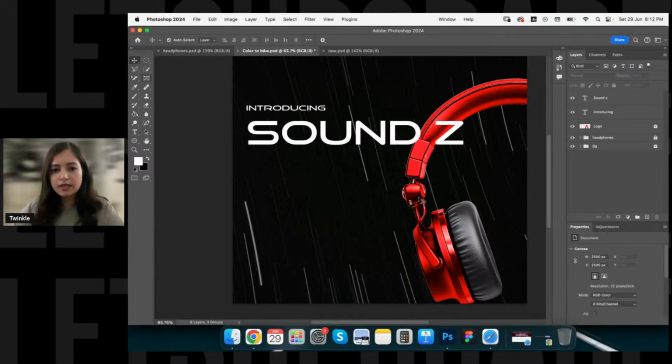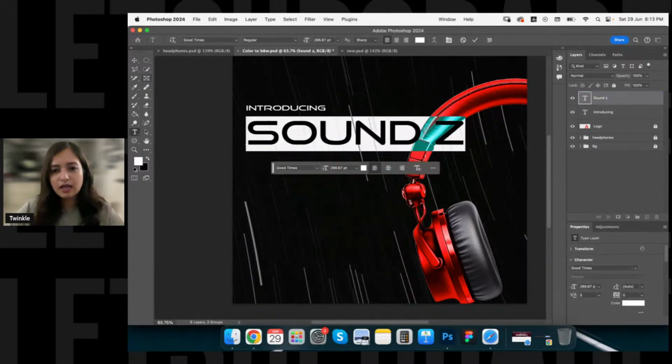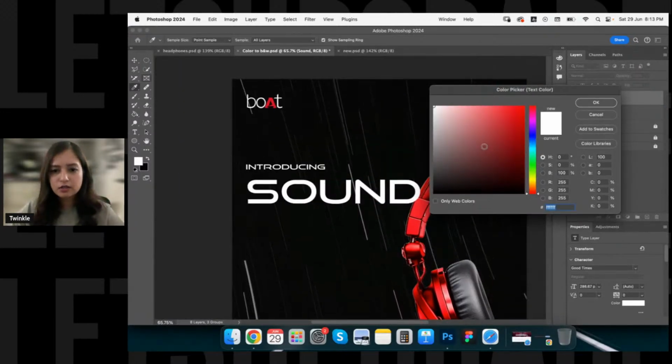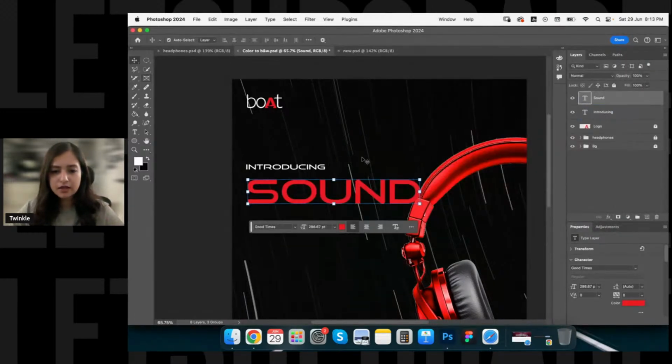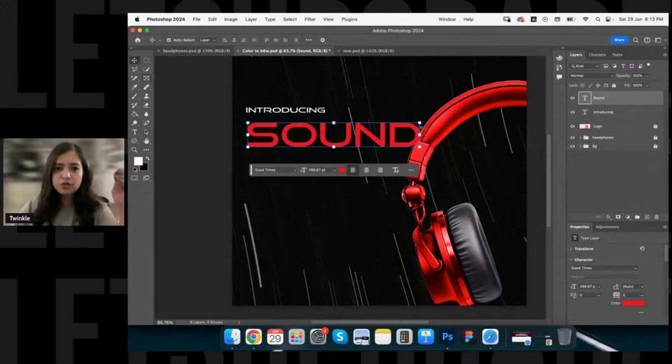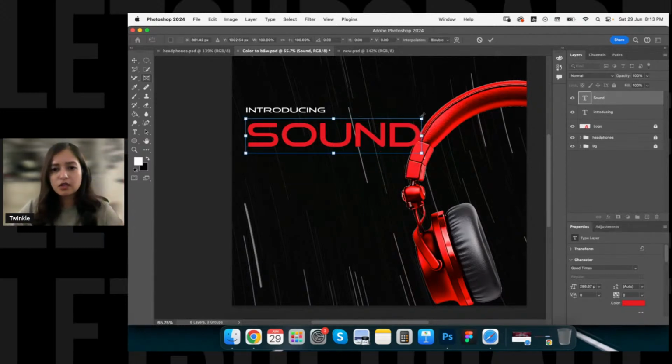That is the age group because of the color choices that we have. So I want this design to represent that. It's a perfect blend of technology and comfort, right? And of course, based on the target audience, that is something that I want to show with my design. So primarily what I'm going to do now is select a color for this. I think this shade of red kind of overwhelms the design, which is the point because I want the user to focus on SoundZ. These are the two things that I want the user to focus on, not introducing, right? Hence the bigger size for this font, and